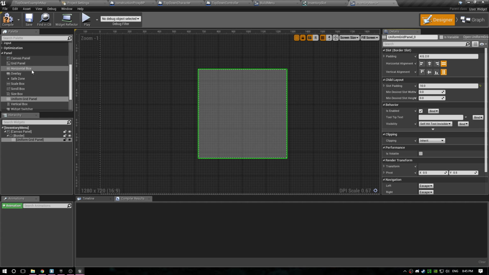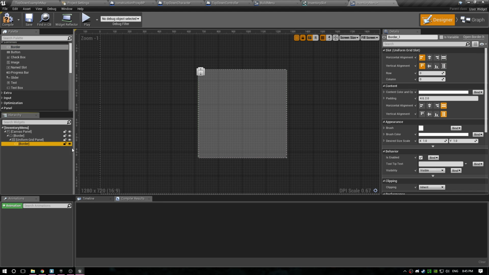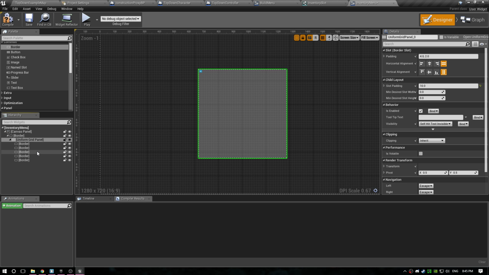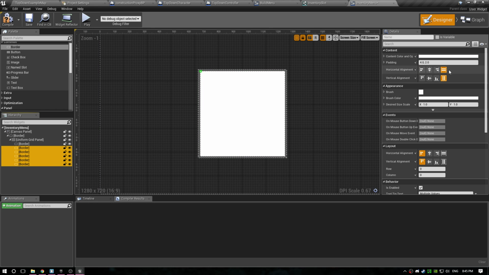I'm just thinking what we should add in here to make it proper. I want to see something that's useful. Okay, I'll add a border. This border is going to be, let's say, 12 of them. So 1, 2, 3, 4, 5, 6. And okay, so all of these need to be